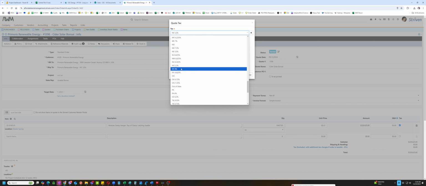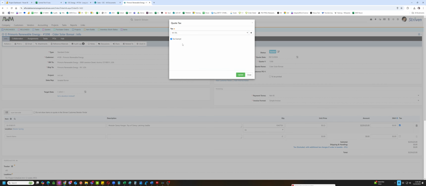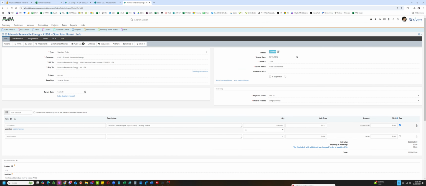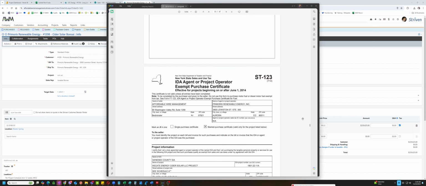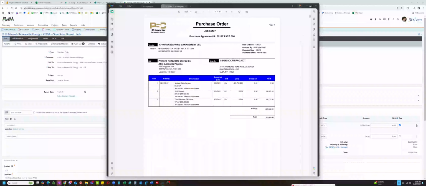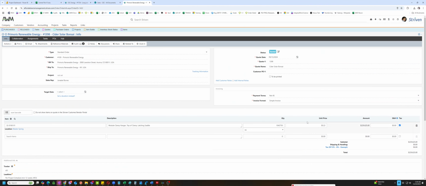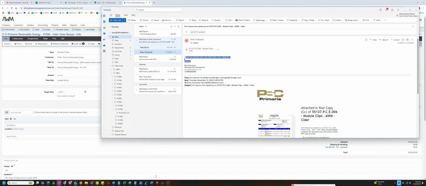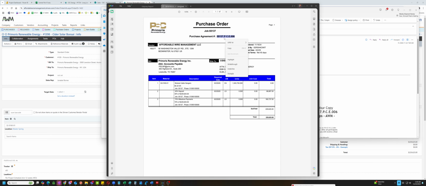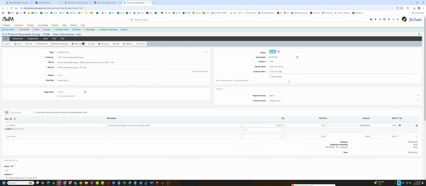So I'm going to put in here New York 8% tax exempted, and I will get the customer PO number here. Going to set the status in approved.